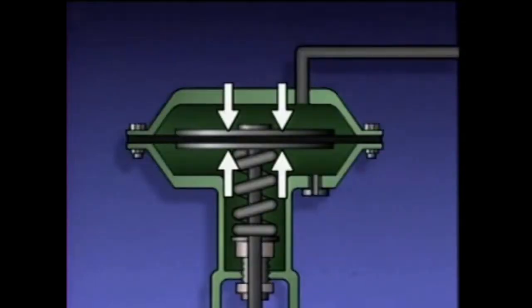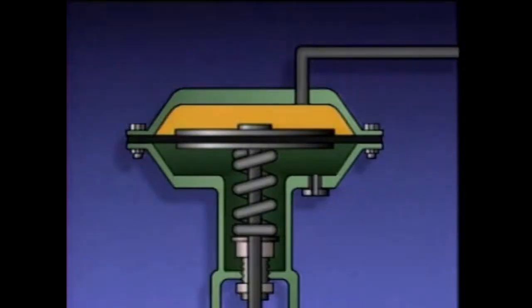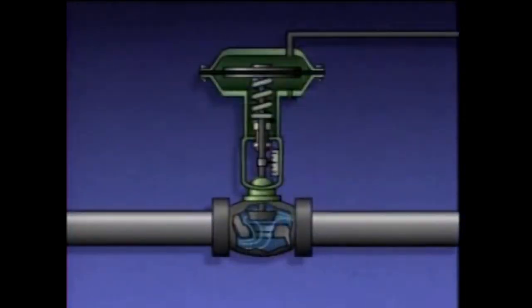The center of the diaphragm is supported by metal plates, and the outer edge is sandwiched between the rims of the upper and lower halves of the casing to form an airtight seal. This arrangement divides the casing into two chambers, an upper chamber and a lower chamber. The upper end of the actuator stem is connected to the metal plates in the diaphragm, and the lower end